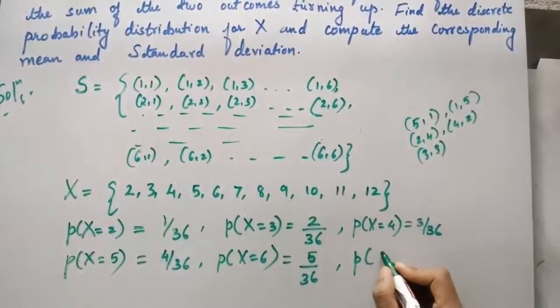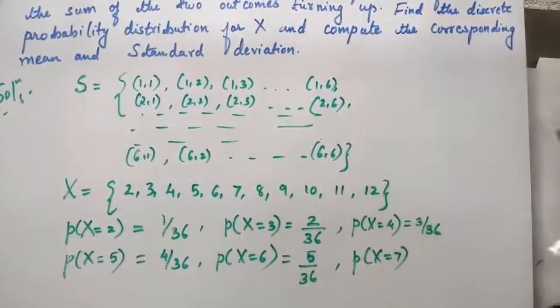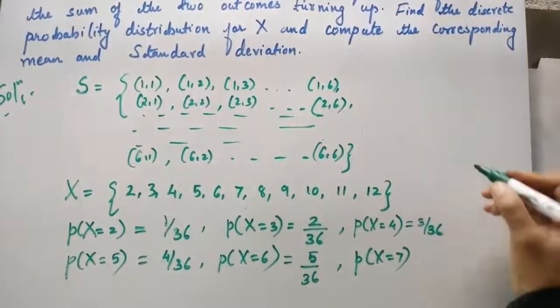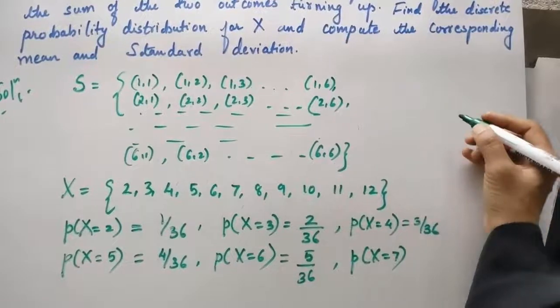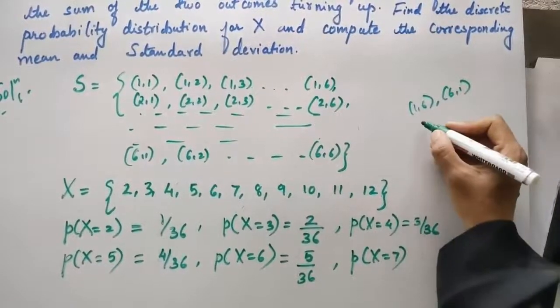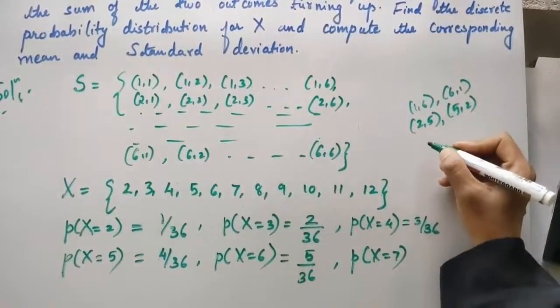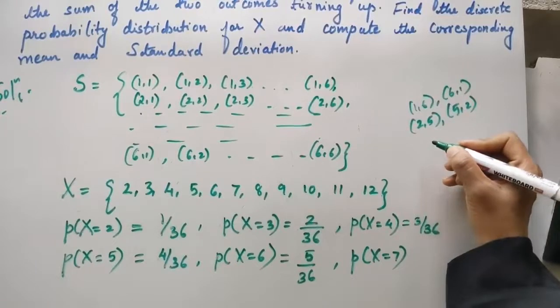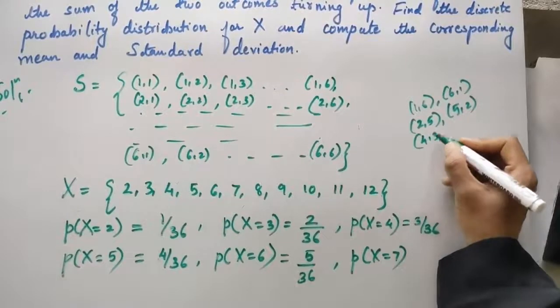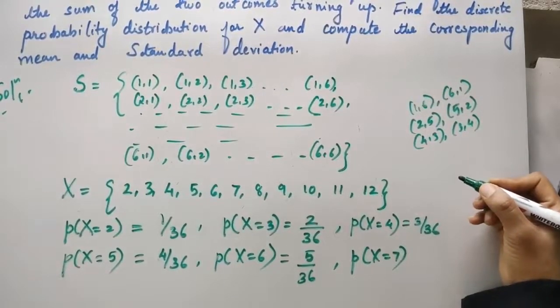Similarly, let's work for x is equal to 7. When do you get 7 as the sum for which of the ordered pairs? Let's see that. Okay, so to get 7 you need 1 comma 6 and the reverse of it 6 comma 1. Next 2 comma 5, 5 comma 2. Any other possibility which results in 7? Just think over it. 4 comma 3, 3 comma 4, right? Any other possibility which results in the sum to be 7?